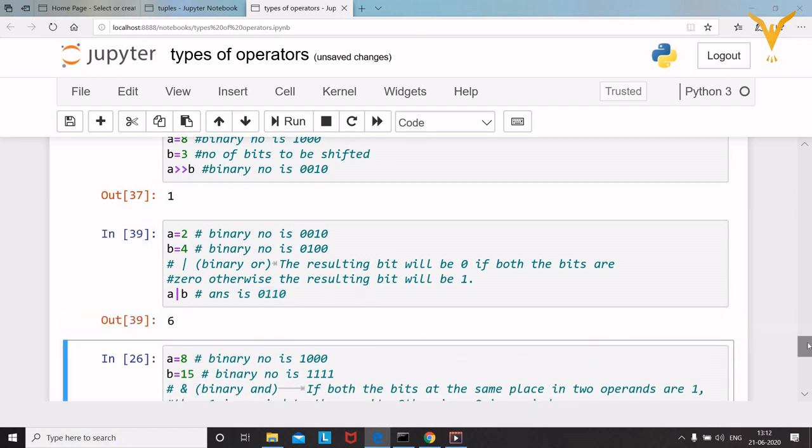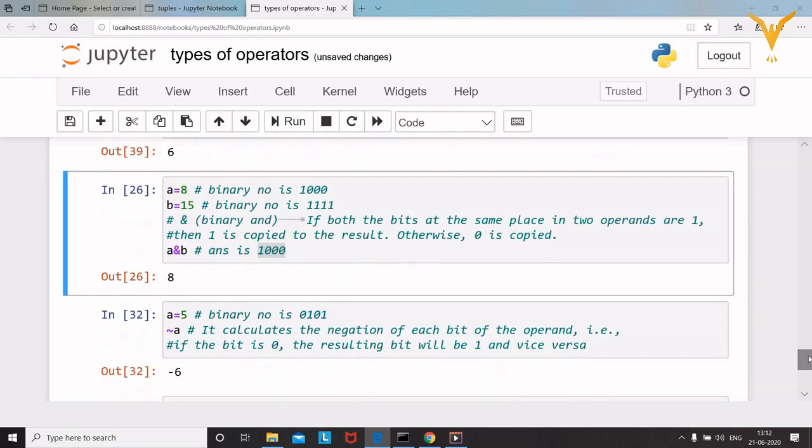Then next we have the binary AND operator. In the AND operator, if both the bits are 1, then we get the output as 1. Otherwise, the output bit will be 0. In this case, we have 8 and 15. First we converted 8 into a binary number, that is 1000, and then 15, that is 1111.